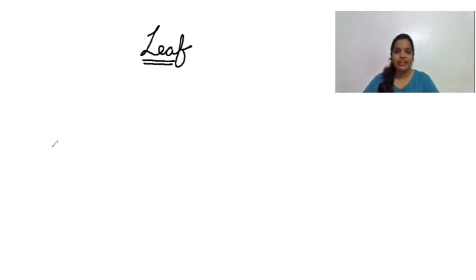So now let's start with the structure of the leaf. Let's see what parts of the leaf we are going to study, so that you will remember. First we'll start with structure. After structure, the second one we have got is venation. Now these terms may be new for you, but don't worry, I'll make it crystal clear for you and you will remember it for the complete time. So second is venation. The third one we have got is types.